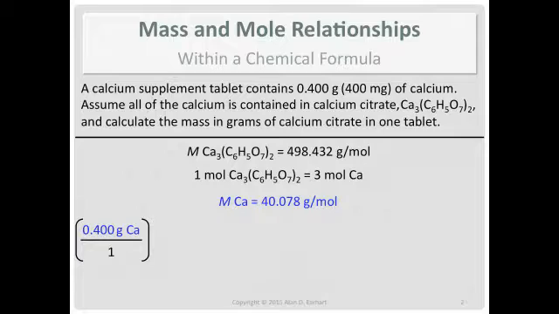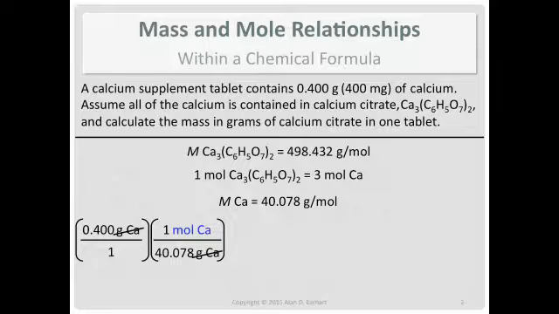So when I put the molar mass in there, am I writing it as grams over moles or moles over grams? Well, you're doing it moles over grams. And see, so right here, now I have moles of calcium. Now the reason why we did this: within a chemical formula, the relationship is better viewed as mole relationships. Like I wrote on that second relationship above this, 1 mole of calcium citrate is equivalent to 3 moles of calcium. So on calculations in this section, you should be thinking about moles. Most of the problems revolve around moles somehow.